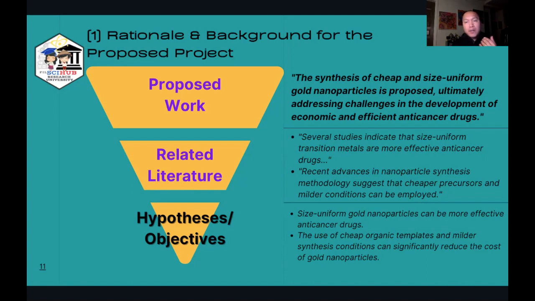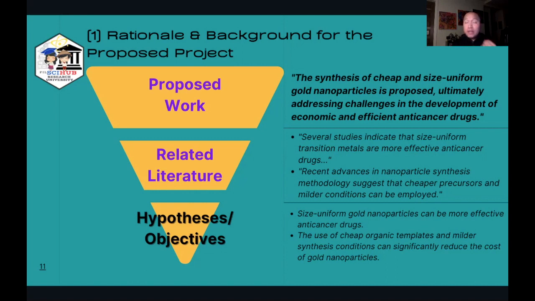So you can say recent advances in nanoparticle synthesis methodology suggest that cheaper precursors and milder conditions can be employed, and this is very critical for reducing the cost. So again, on purpose you are citing studies or statements and reports that help